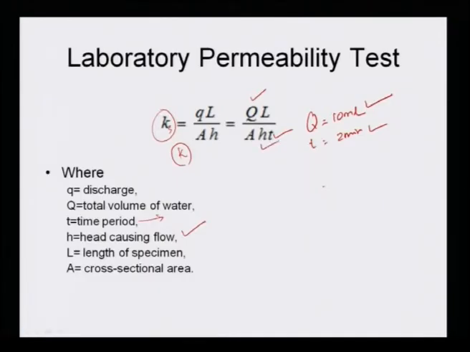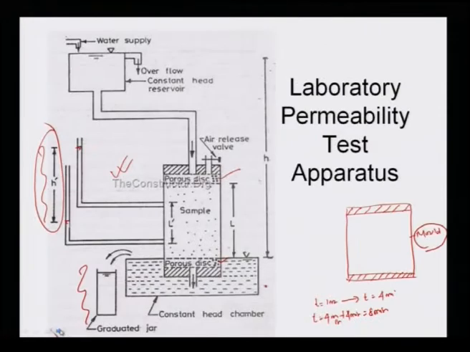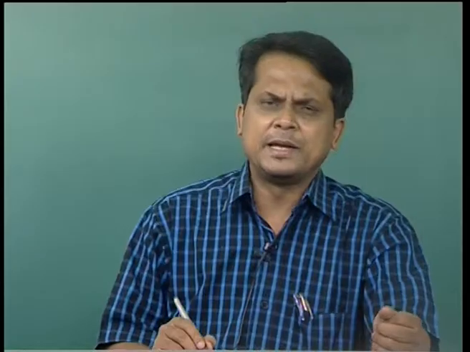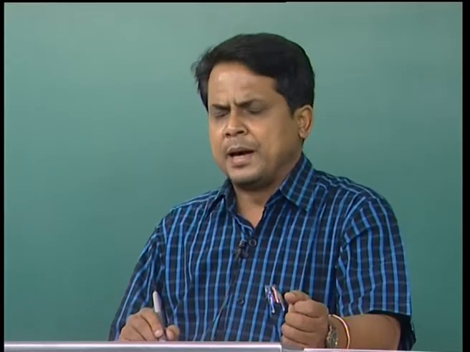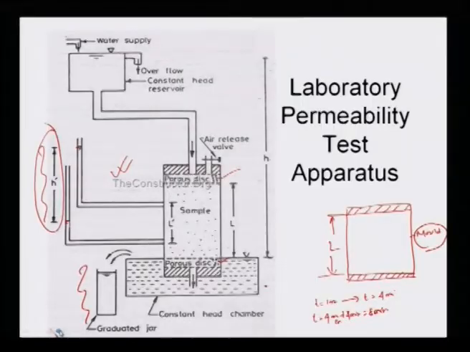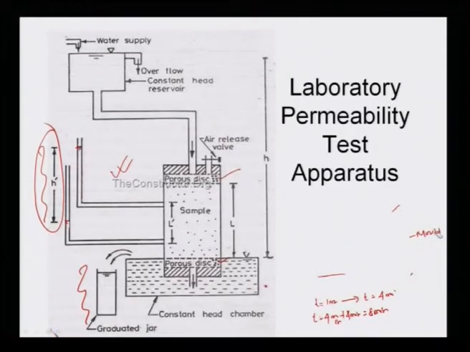So, you also get the length of the soil sample from the mold; you know that pre-decided length, it is a fixed length. Once you know the length, what else remains? The area of cross section, which you can very easily find. From there you can find the coefficient of permeability by means of the constant head permeability method.